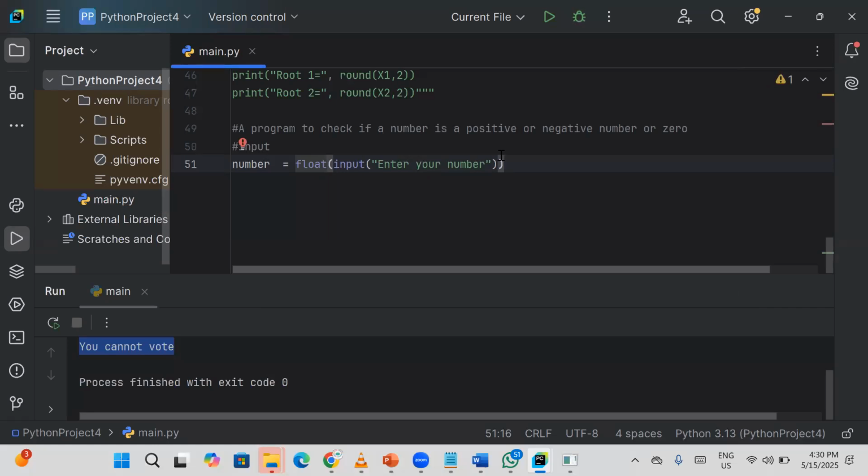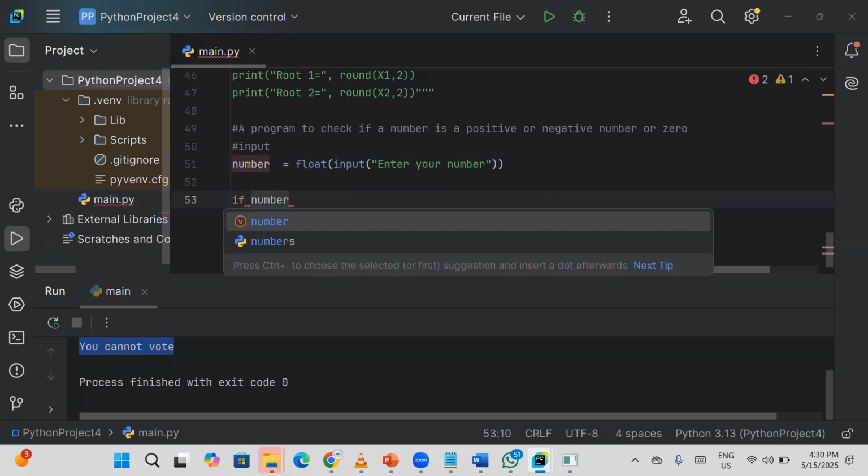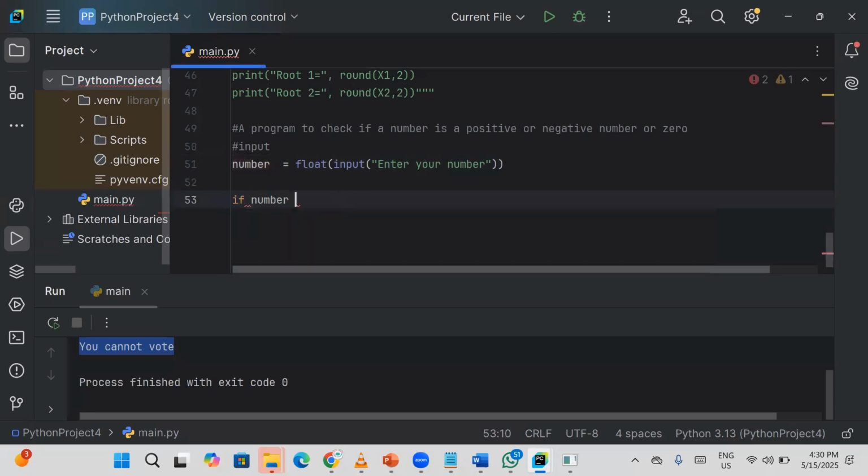Right, so once I am done, because all I need right now is a number. So the process goes like that. So I give me the if statement. Now I want to check if the number... How do you check if a number is greater than 0? Sorry, I think I've already answered myself. How do you check if a number is positive? How do you check it's greater than 0? Yeah, so if the number is greater than 0, then I'll bring my colon, then I'll say go ahead and